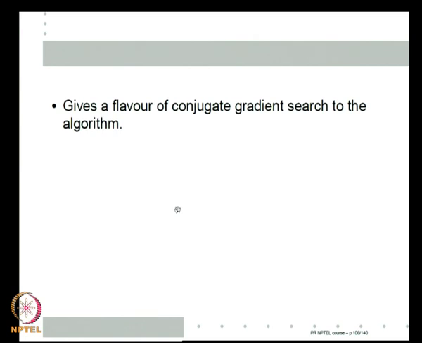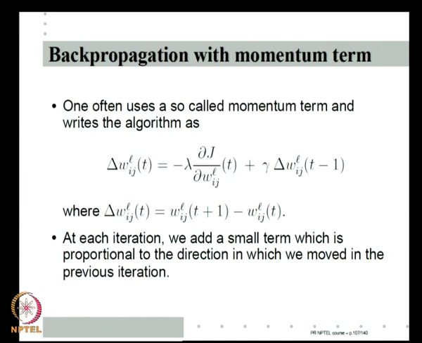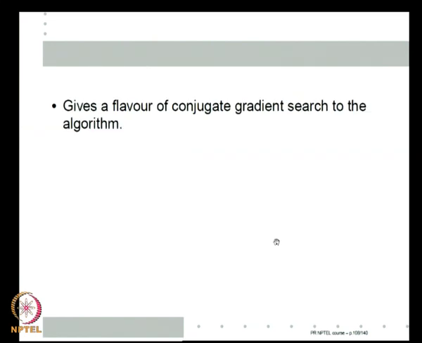What does that do? This essentially is what a conjugate gradient descent algorithm is. Of course, the proper conjugate gradient needs to correctly find that previous direction. The weight for that is to be determined based on the proper conjugate directions. But essentially you can think of this as the poor man's conjugate directions method. So, this essentially adds a kind of conjugate directions flavor to the gradient descent and hence speeds it up.